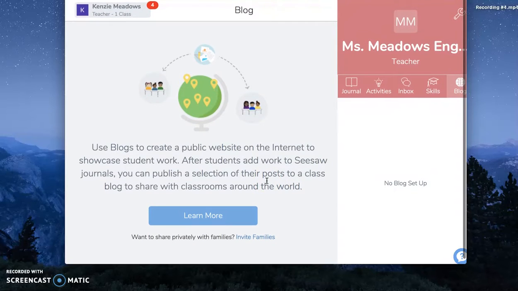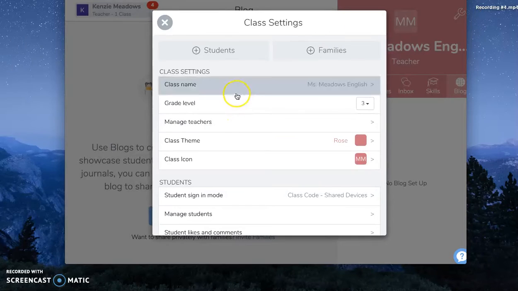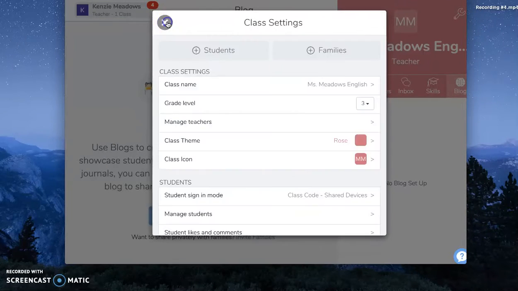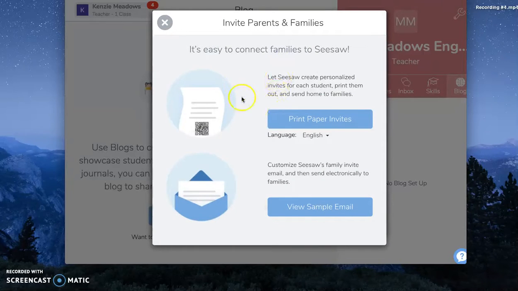And then this is your blog, so you can also talk with a bunch of other journals. You can just share stuff here if you really want. And then it's nice. You can see I can just add more students if I want. If I didn't add any, I can also invite parents, so I can send them an email, or I can send them